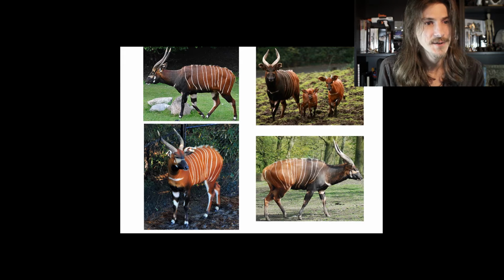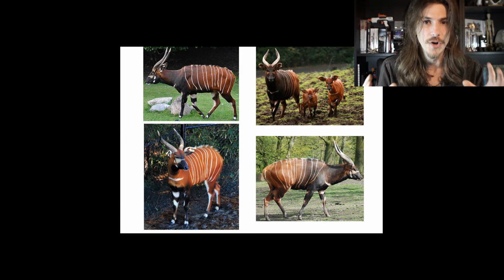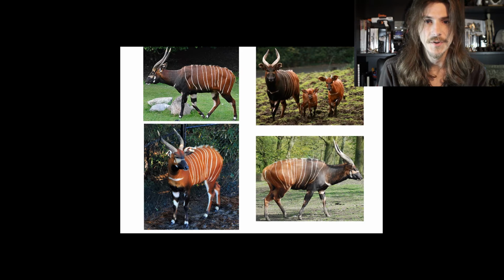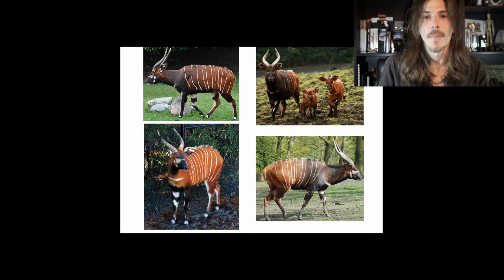I love the patterns on them as well. And I also am really digging the ears and some of the shapes from the head of these guys as well. I may try and combine them into one skull, the hippo and the bongo antelope. So I love the patterns and the markings on these guys and the patterns and markings on the chameleon as well. I'm probably going to be trying to bring those into the final creature,